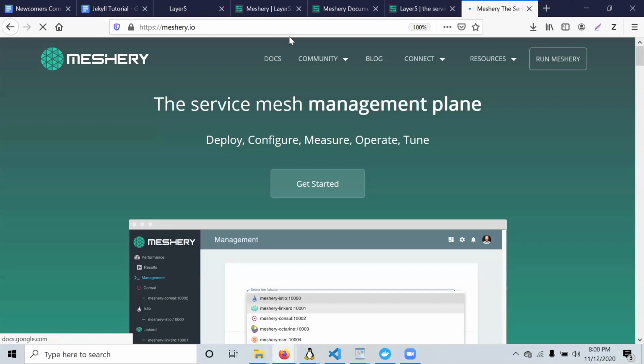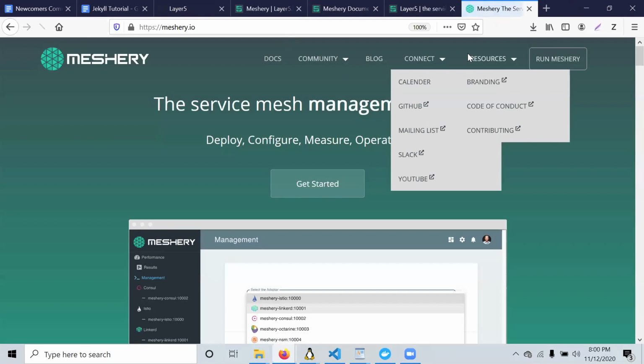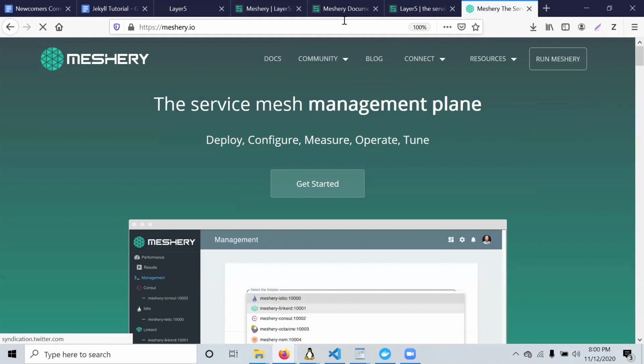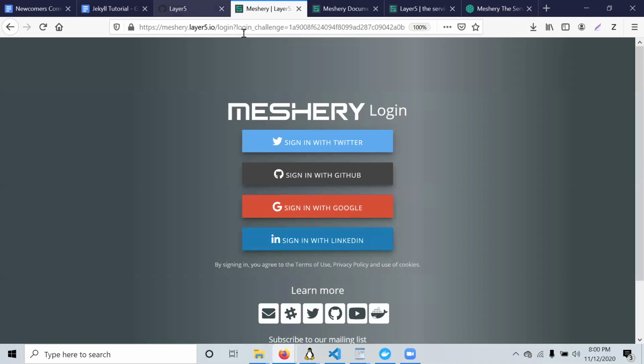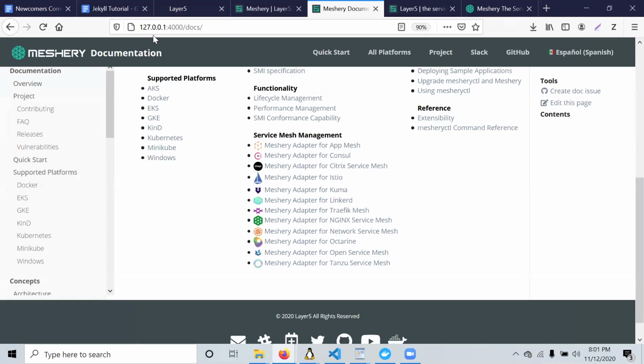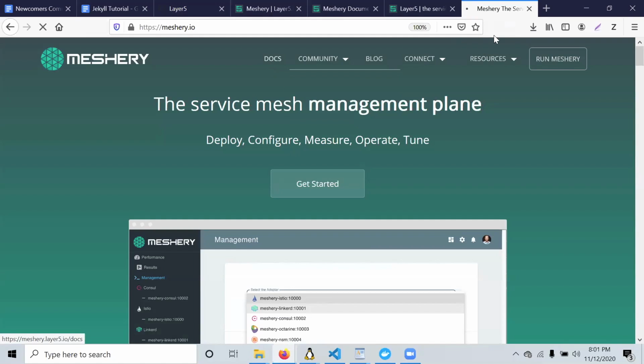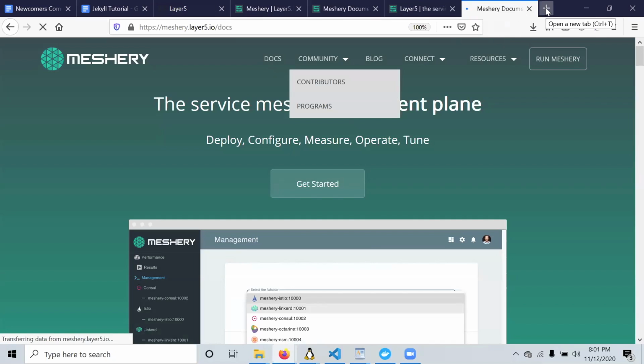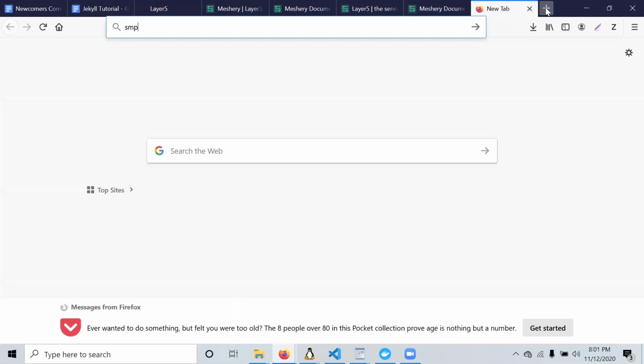Another site that runs on Jekyll is the Meshery project site. The one we currently built, which runs on localhost 4000, is the docs. You can go here and see the same thing. Another site that we have is SMP.